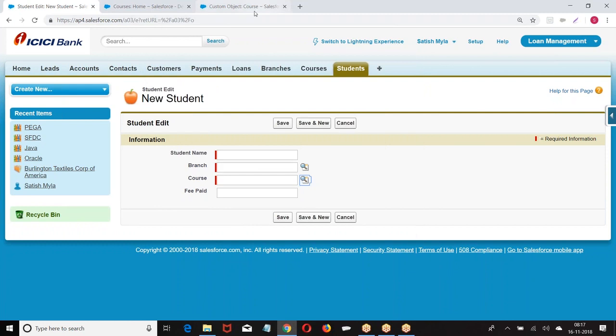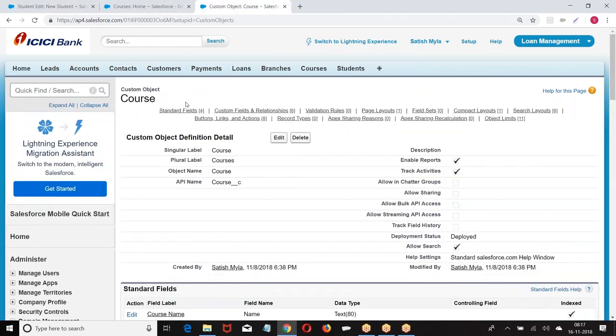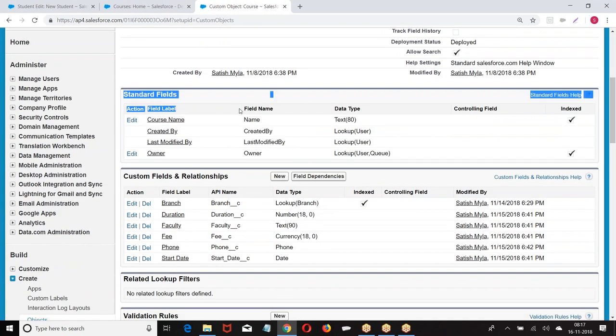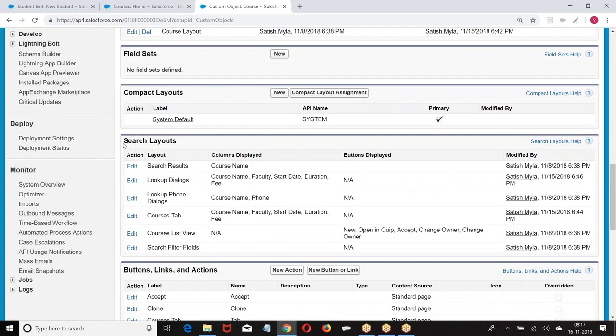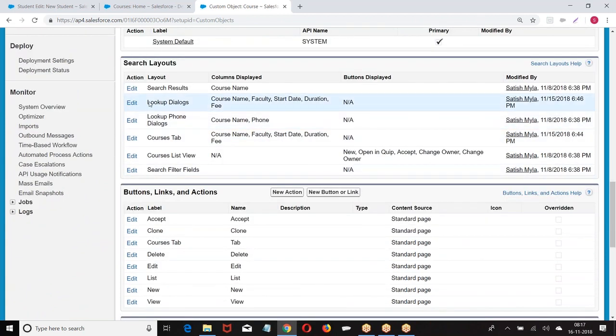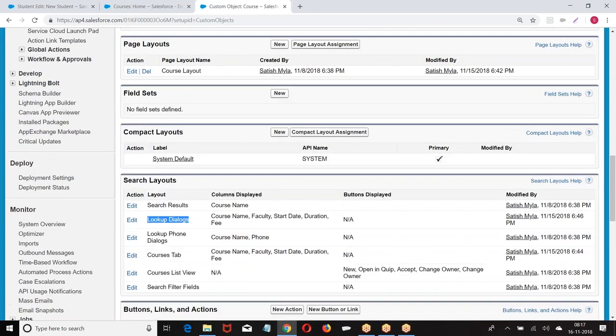That we are controlling from where? Object. What do we have? Standard fields, custom fields. Scroll down. What did you find? The search layout, we are finding lookup dialogs. Right. Are you clear?